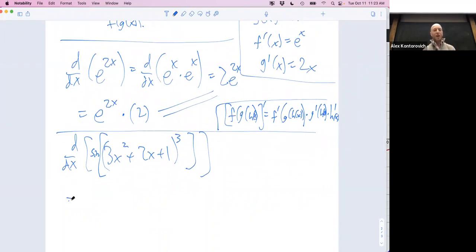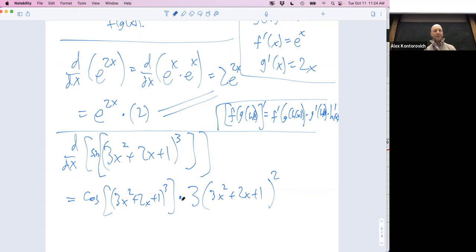Sine. So I'm going to differentiate sine and get cosine of whatever is inside. I leave whatever is inside alone: 3x squared plus 2x plus 1 cubed, times... Now I forget about the sine and I have the cube function. What's the derivative of the cube function? 3 times the thing squared. The inside I leave alone: 3x squared plus 2x plus 1